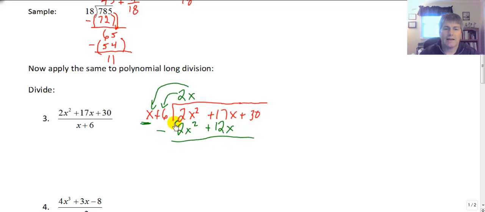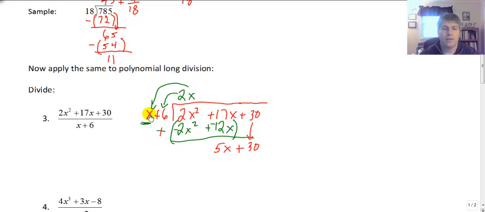Now we subtract that entire quantity. So we change all our signs and go ahead and add. So the 2x squareds will drop out, and we get 17x minus 12x, and we get 5x, and then we'll go ahead and bring down the 30. So when we subtract that quantity, we get 5x plus 30, and we start that process all over again